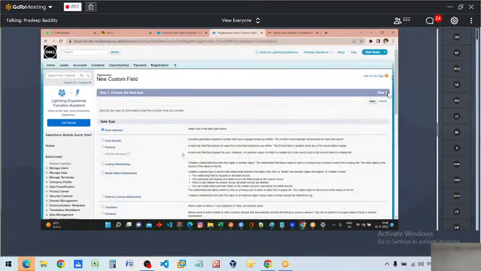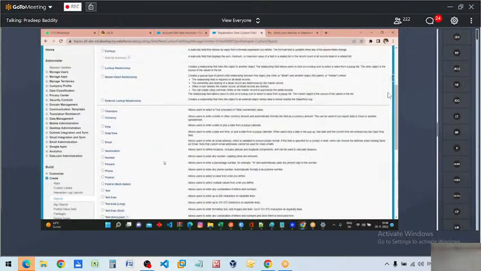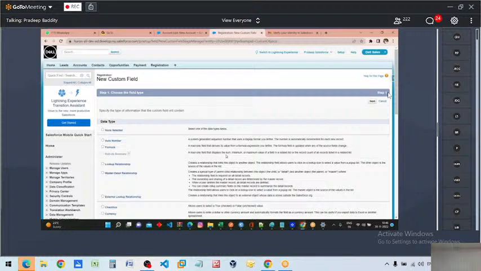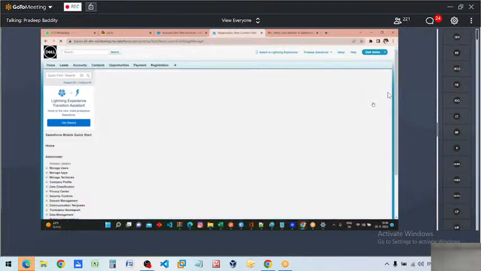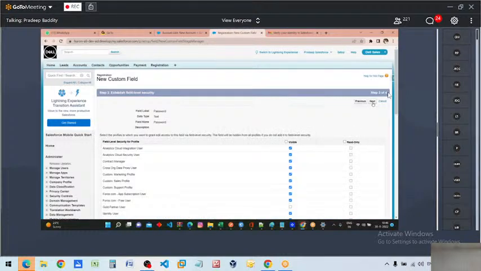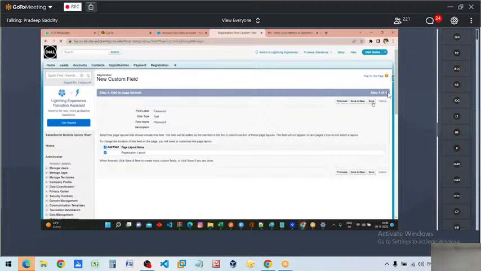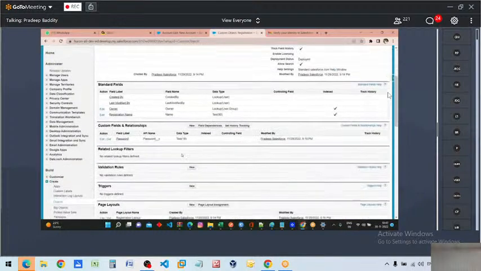Now let me create some fields based upon the sign up. I'll create a password field. I'm taking it as text. This is a backend field. I'll show how to go with the password mask on the UI. I'm just creating a password field. We get four steps. First, we need to select the data type, here text. In the second step, we give the details. In the third step, we assign to the profiles. Finally, I need to assign to the page layout. Successfully I've created